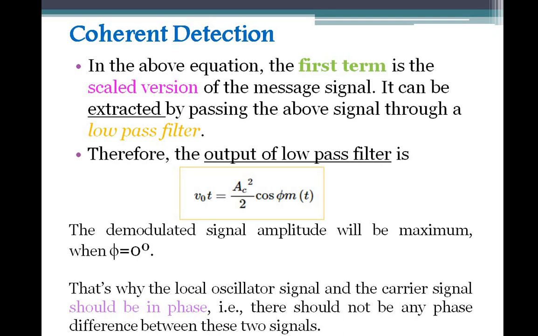Okay, so what is the coherent detection? What do you have in this coherent detection? Only 3 blocks. One is your first block, a product modulator. To its inputs you are giving one from the local oscillator and one from your DSBSC modulated wave. The output of that product modulator goes to the low pass filter, which extracts your message signal and removes the unwanted signal. We get a similar or scaled version of your message signal, and you get the output.